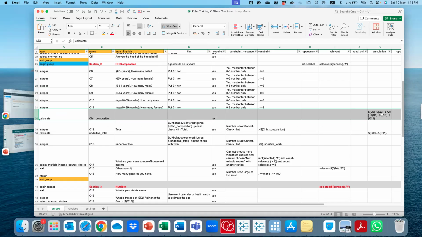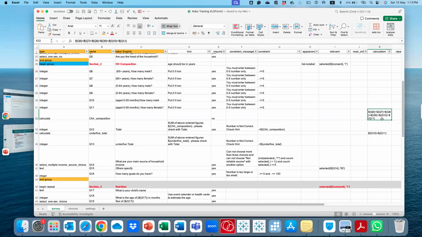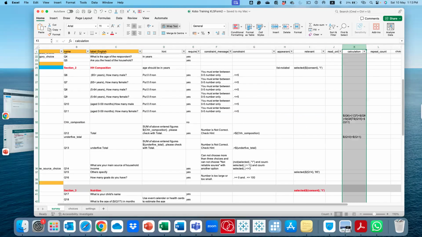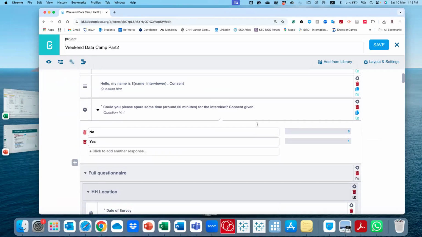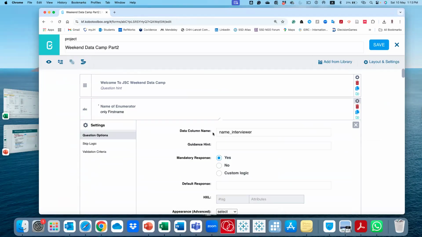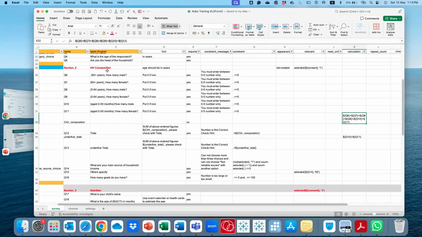So here you have a calculation column where you're adding these four together, and it's just a simple addition. When you want to add the response to this, you pick whatever is under the data column. This is the name of the actual data point, or the variable that you have.